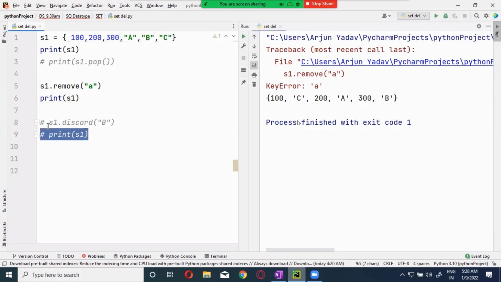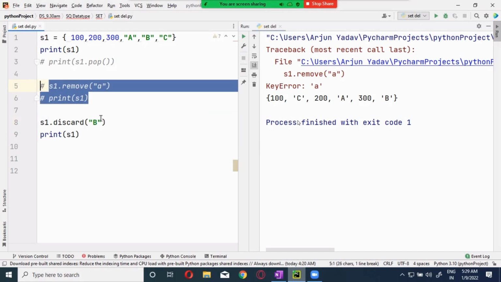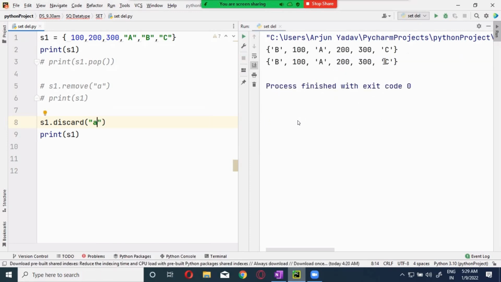Now you see this. I'm commenting this part and I'm putting A over here. Now you see, you will not get an error. Okay, it's not giving us an error. Clear? Now, if you print this one, see this? What are you going to get, guys?